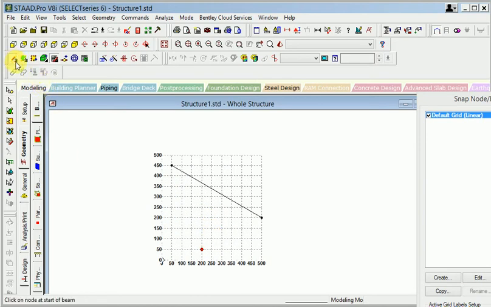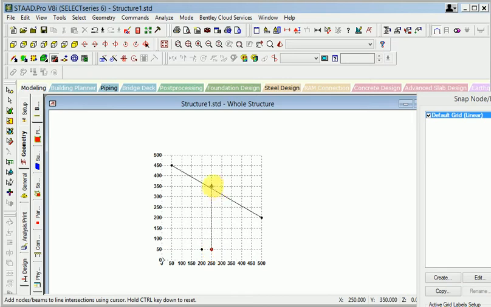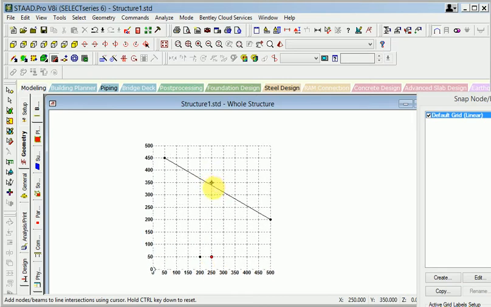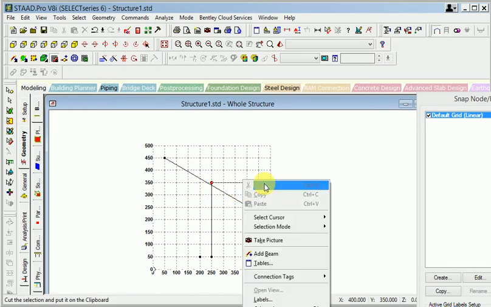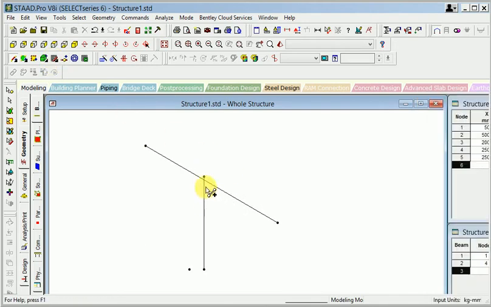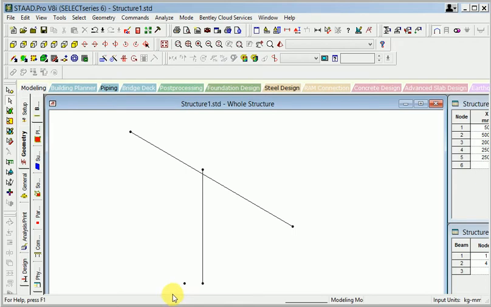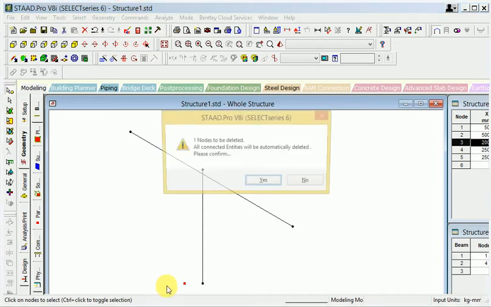So click this. So now this grid line has gone extra, so I delete it here. So look at this one, it is a node cursor, so select this node and go to delete.